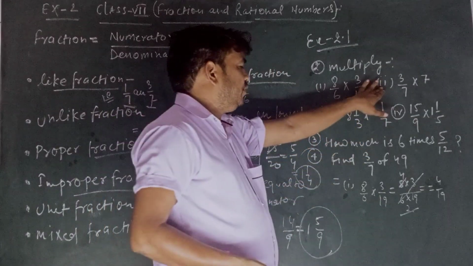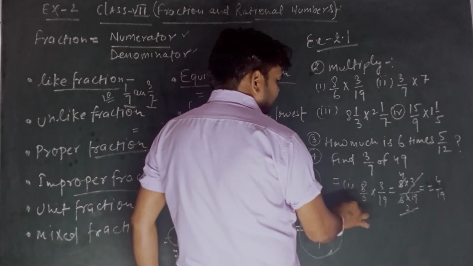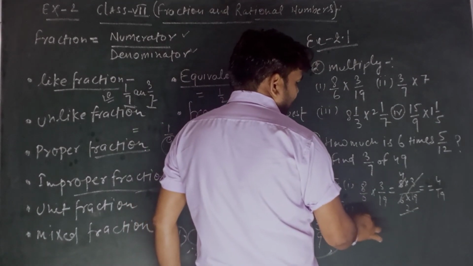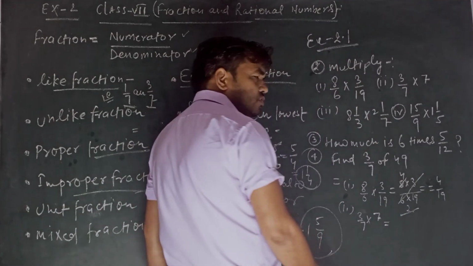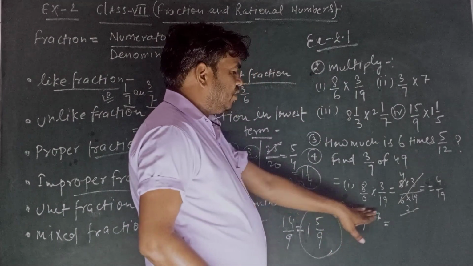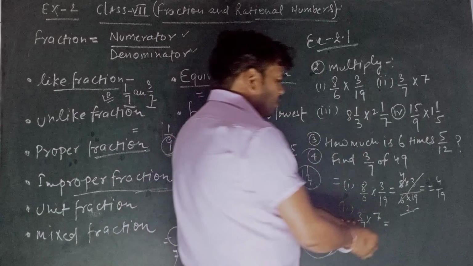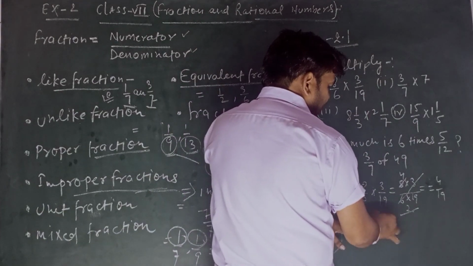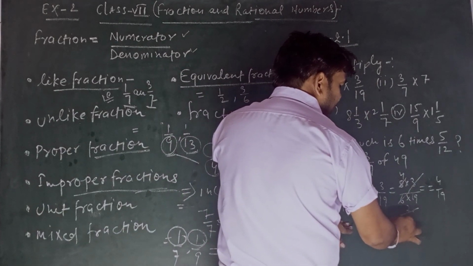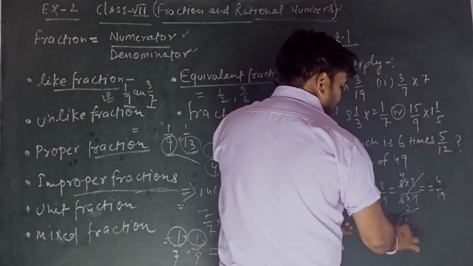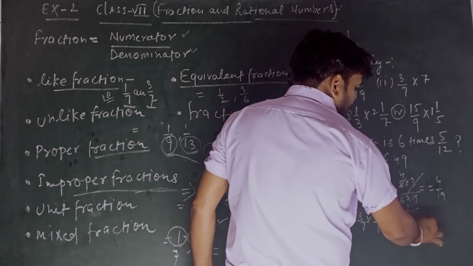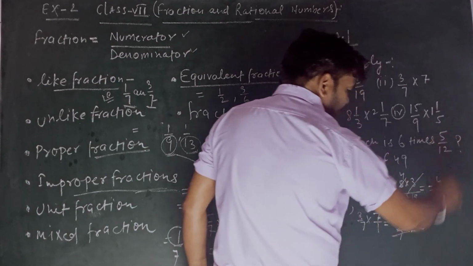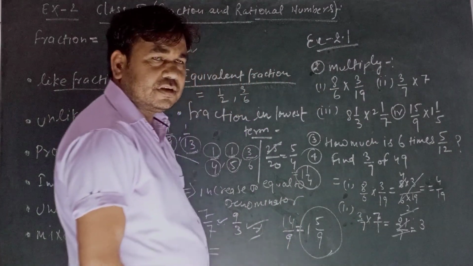So we can take the second question, 3/7 multiplied by 7. Now students, I have told you about 3/7 multiplied by 7, so you can cancel to get 1, and after that numerator times numerator is 21, and 7 ones are 7. So you can make the solution, 7 threes are 21. So that is the answer.